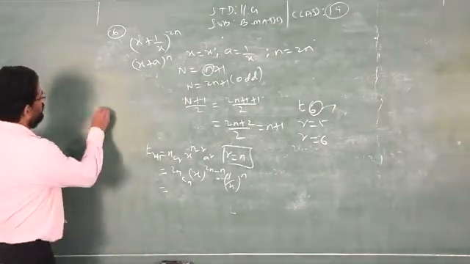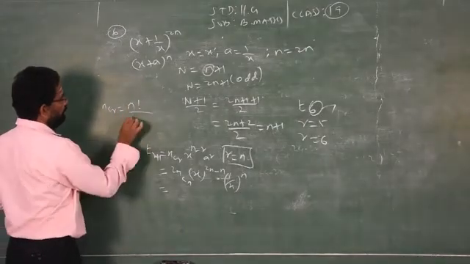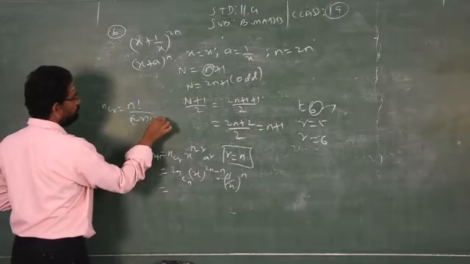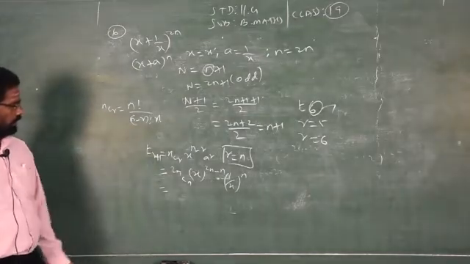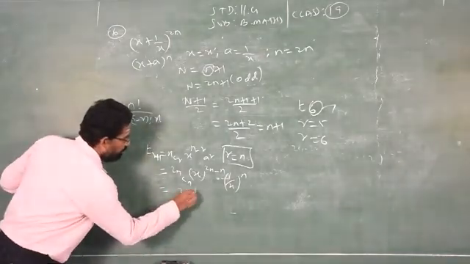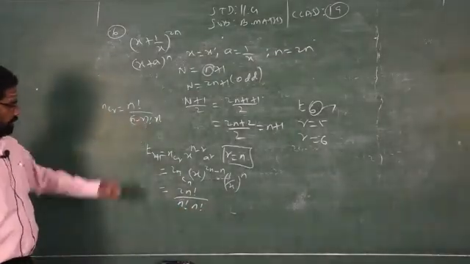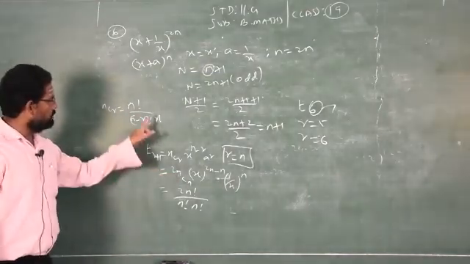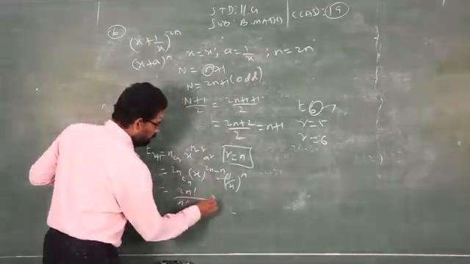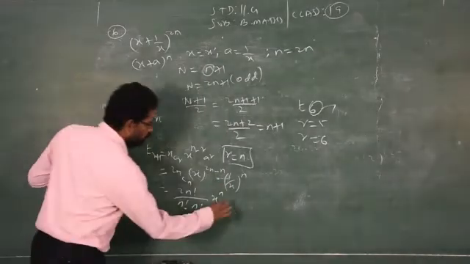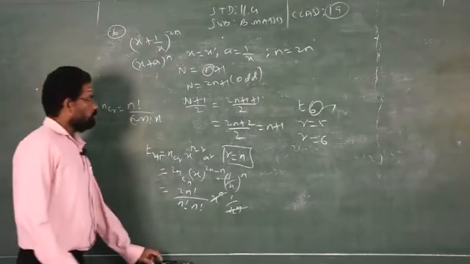What is the formula to find nCr? nCr is equal to n factorial by (n minus r) factorial into what will come? r factorial. This is the general formula. Just use it in this format. Then you will get (2n) factorial by n factorial into n factorial. Here n refers to 2n, r refers to n. I just have to replace. Then x power 2n minus n, then 1 by x power n. These two get eliminated, so nothing is left. So what is the remainder?